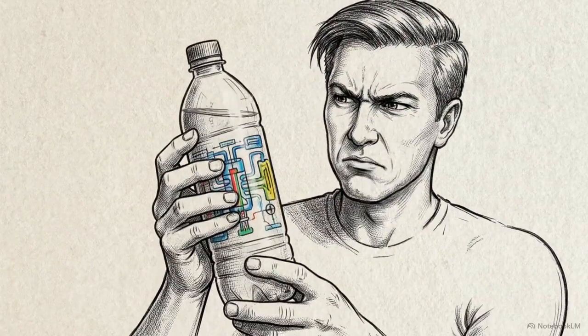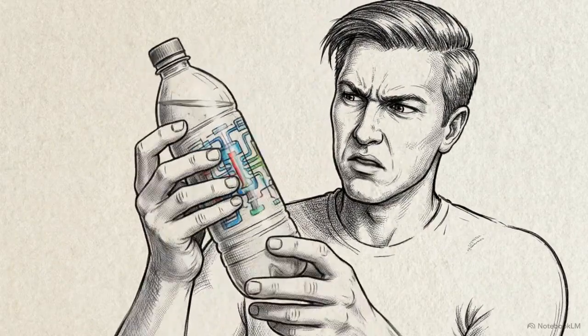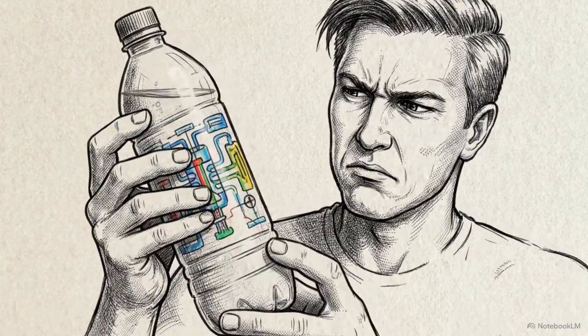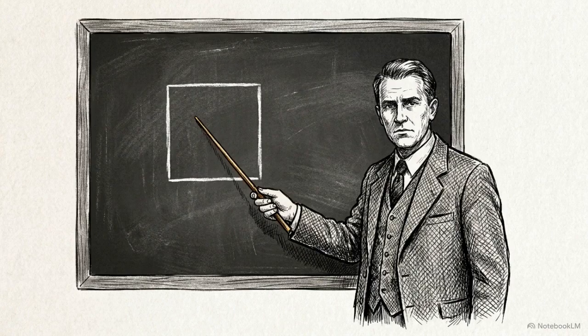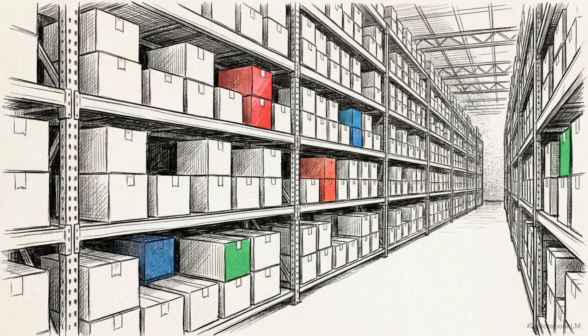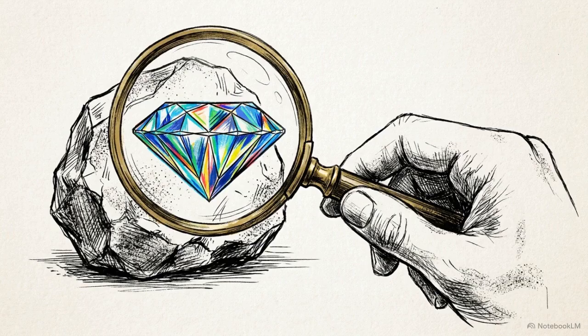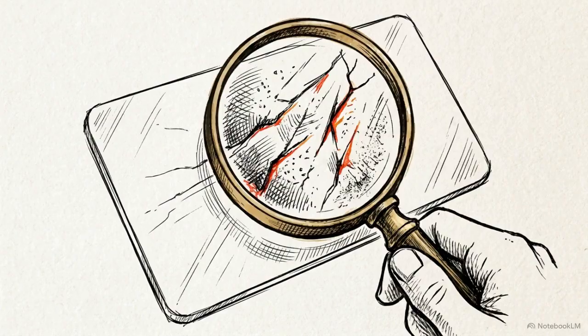If you try to invent a complex mechanism for a completely generic, white-labeled commodity, the market will see right through it. Attempting to educate an audience about a mundane product doesn't build authority. It just draws attention to the fact that your offer is exactly the same as competitors. Think of these logic-based frameworks as a magnifying glass. If your product is truly differentiated, trust scales quickly. If it's a commodity, they only expose the flaws.